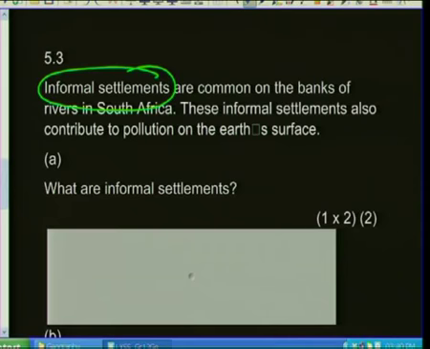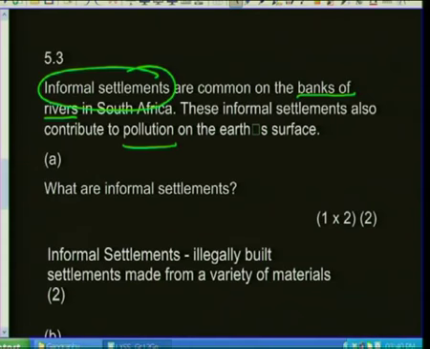Informal settlements, I beg your pardon, are common on the banks of rivers in South Africa. These informal settlements also contribute to pollution on the Earth's surface. So they've asked us first up, what are informal settlements? As I described it earlier,